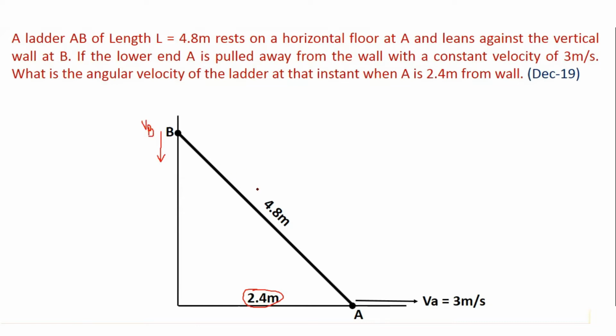Now, as we know the direction of velocities from both the points, the next step is to draw the perpendicular to the velocities. So let us start with this point. This point A is moving towards the right side horizontally, hence the perpendicular will be drawn like this. So this is perpendicular to this velocity. Similarly, from point B, the velocity at point B is vertical towards the downside. So the perpendicular will be like this. So this line is perpendicular to this velocity.